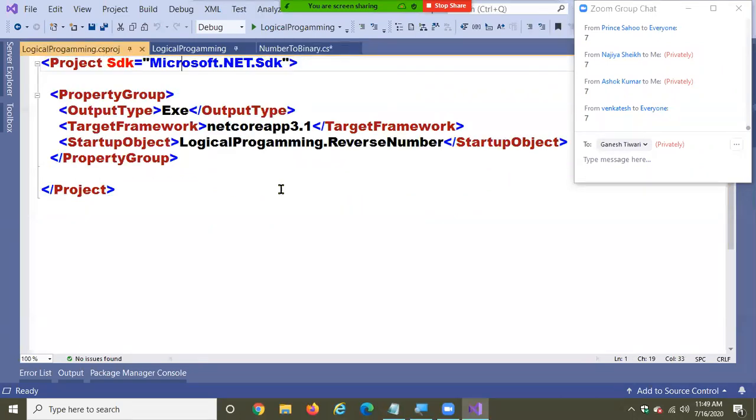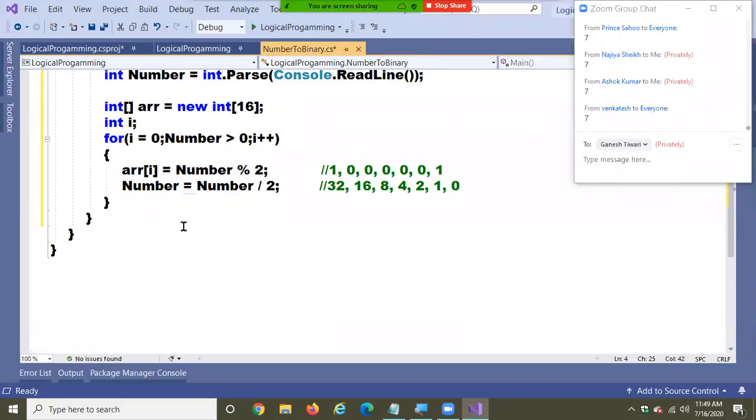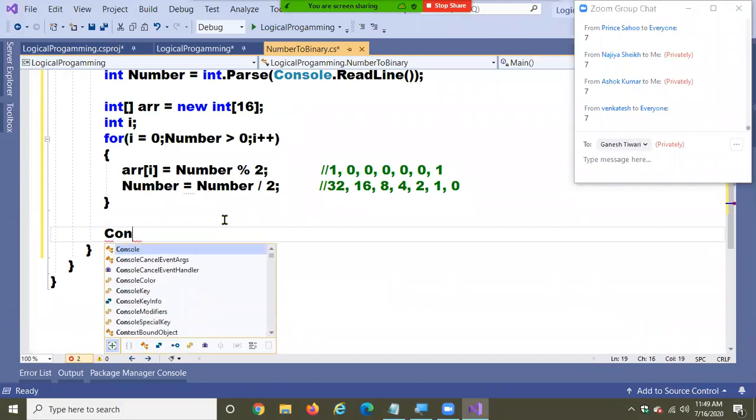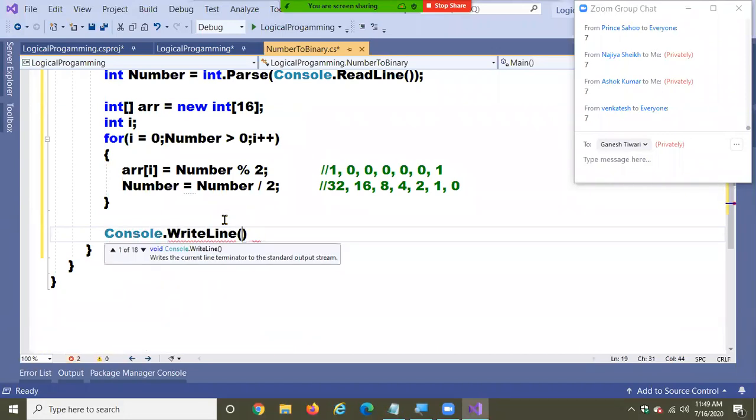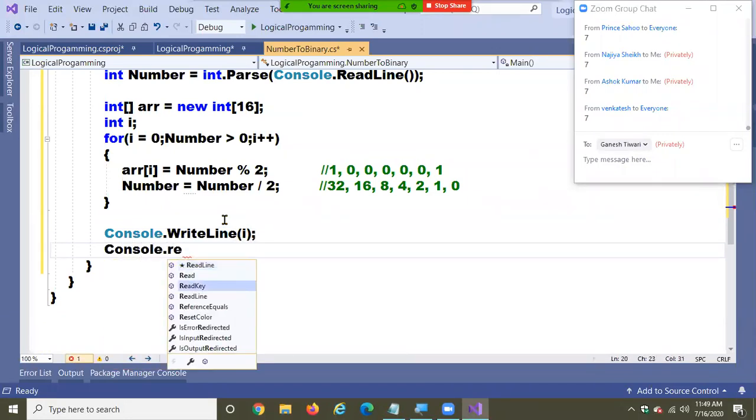Just a minute. Watch. Just for understanding, here I did not still print the output. Just simply console.writeLine I and console.readLine.